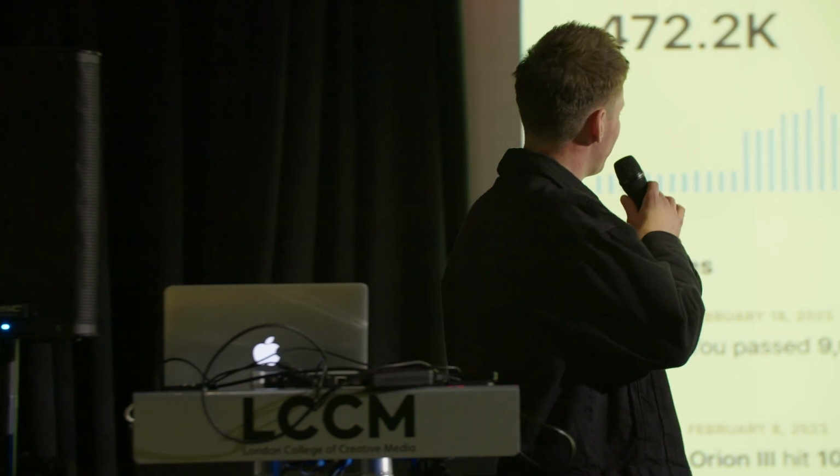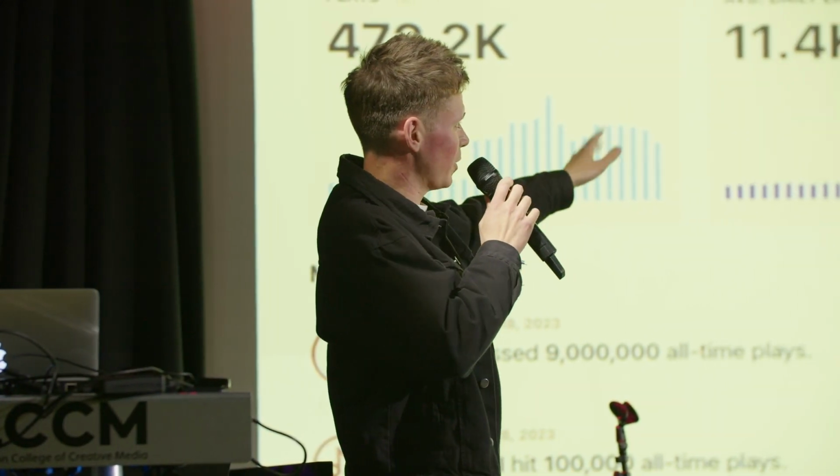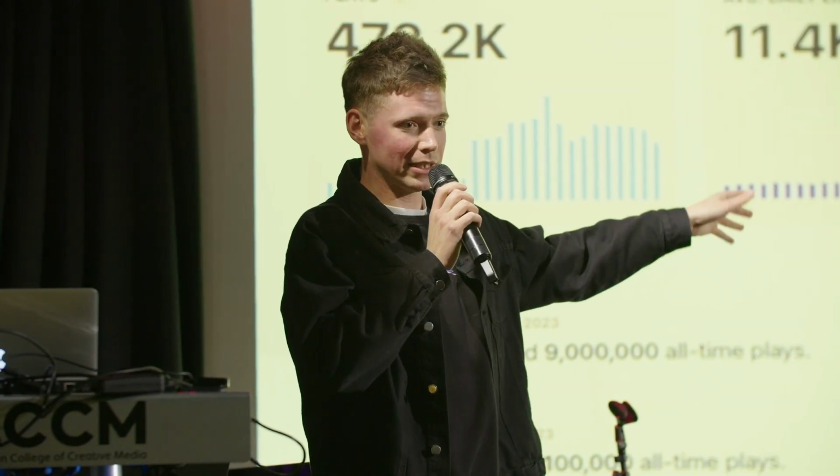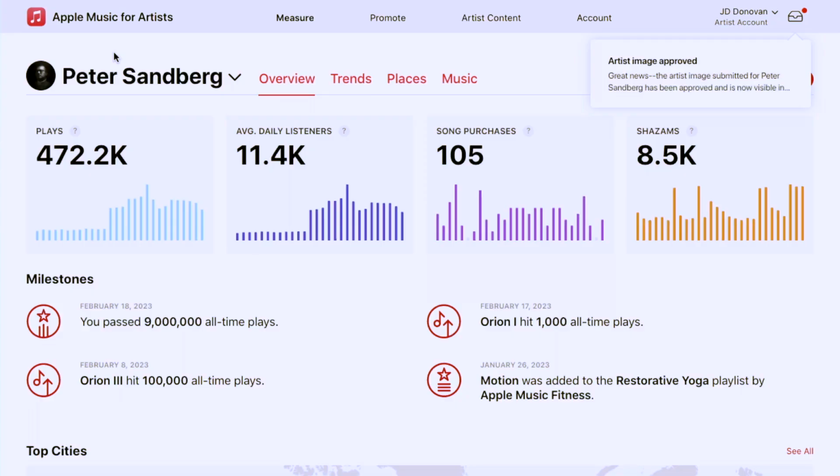So this is my artist, lovely Peter Sandberg. He's a Swedish classical composer, one of the biggest classical pianists in the world. We've just passed last week over 500 million global streams on Spotify. So that's 500 million streams. He's independent. He's signed to Sony Music for publishing, but he has no major record label. So what does that mean? Me and him did all the stuff to get it there between the two of us.